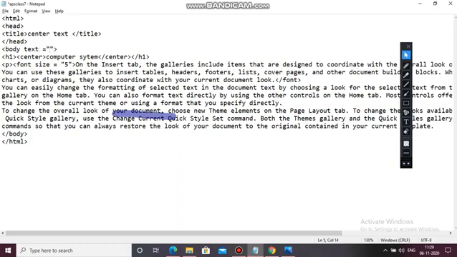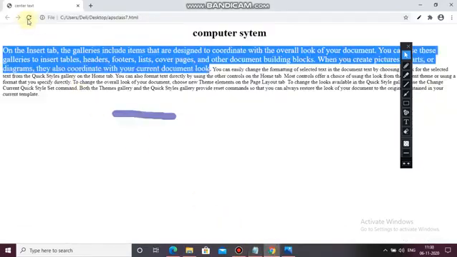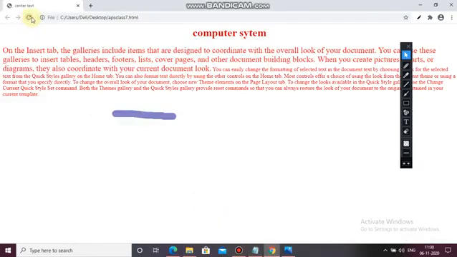If you don't know the color code, if you are not remembering the color code, then you can directly write the name of the color. Just now, I am not remembering the code, so I am writing the color red. See, it accepts it. Whatever text is written in the document has changed into a red color.